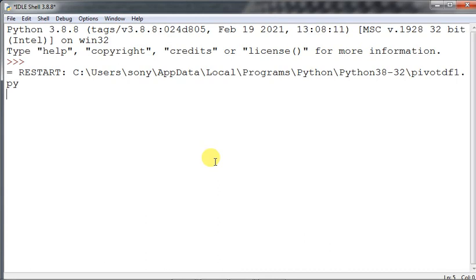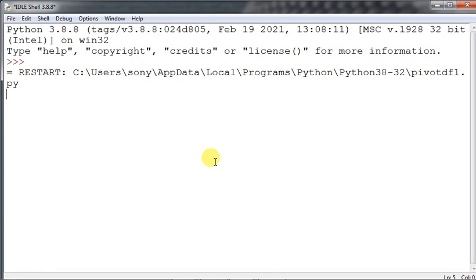So, implementing the pivoting using the pivot method, we can get a resultant data frame. That is what is going to appear over here. So what is step one? Create a data frame using a dictionary or any other sequence. Use the newly created data frame to generate a pivot table, and then print the pivot table.